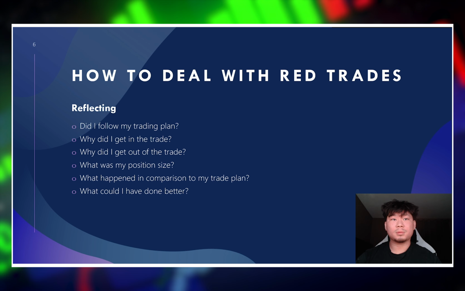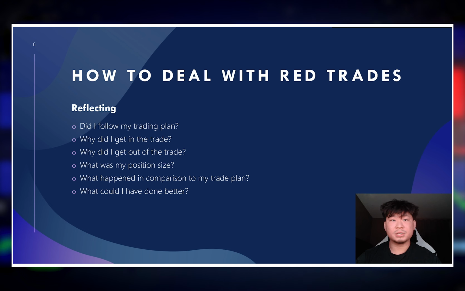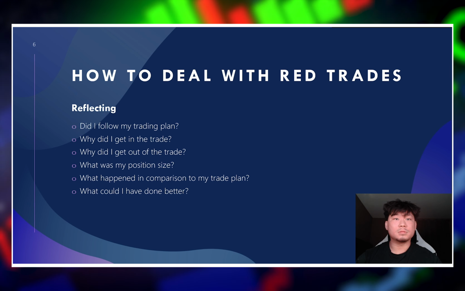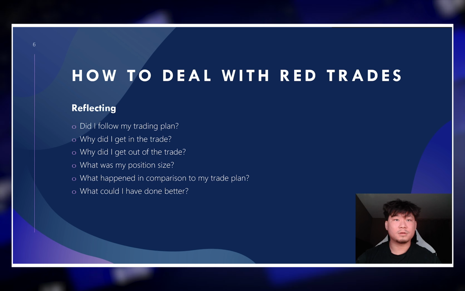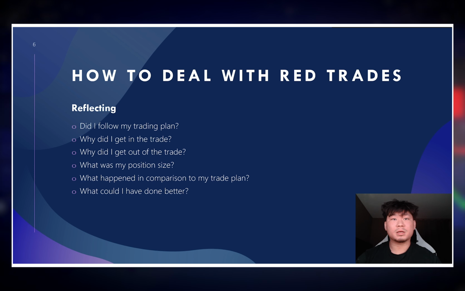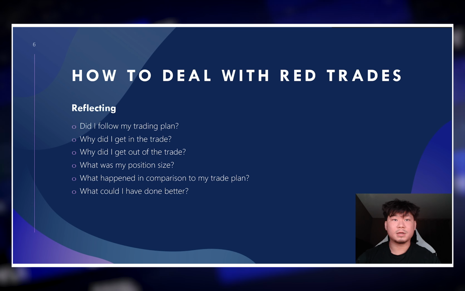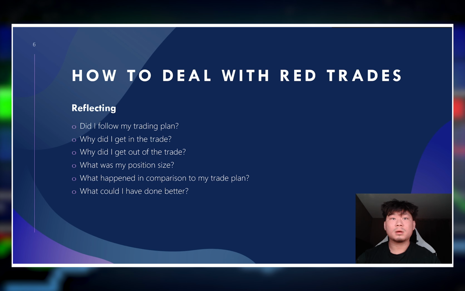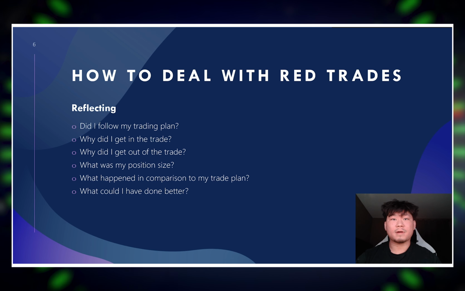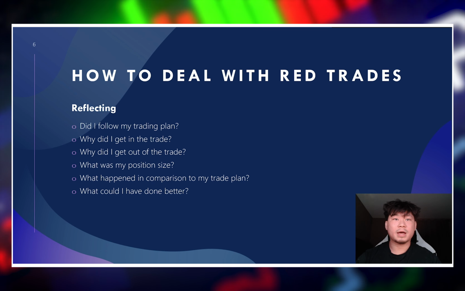Was it because your stop loss got hit? Did you get out too early? Was it because your position size was inconsistent and you oversized on this trade? And that you being oversized made you extremely nervous, so you got out for small green or for super small red? What happened in comparison to your trade plan, right? Like, for example, if you were to take calls on Meta at 505 and you wanted a profit target at 508, but instead it broke 505 and instantly dumped,